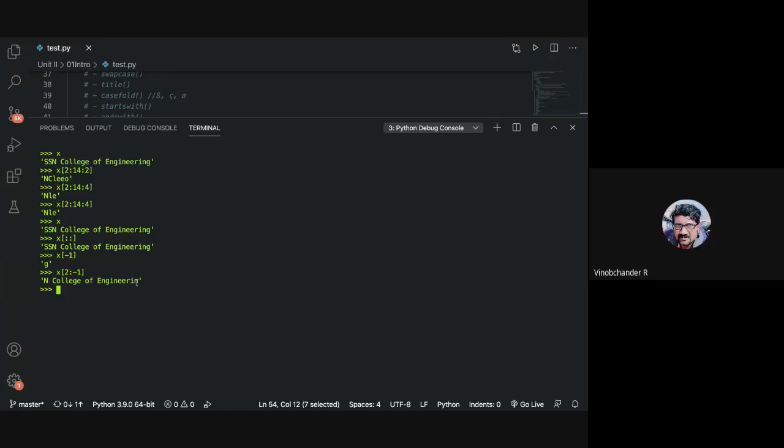Okay. All right. Now coming back to our other technique. When you specify this, you can traverse in reverse, this way. So this is going to give you the reverse of your entire string. So how does this work? What is the idea behind this? If you say this, this is your entire reverse string, or the string in reverse.